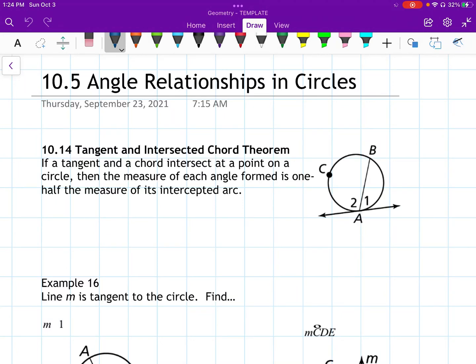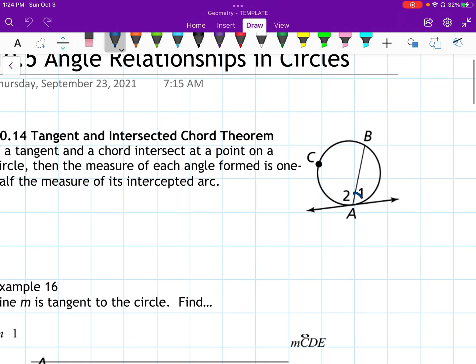Alrighty, 10.5, angle relationships in circles. Starting off, if a tangent and a chord intersect at a point on the circle, then the measure of each angle formed is 1/2 the measure of the intercepted arc. So this angle here is 1/2 of this arc. All right, so I could say that the measure of angle 1 is 1/2 the measure of arc